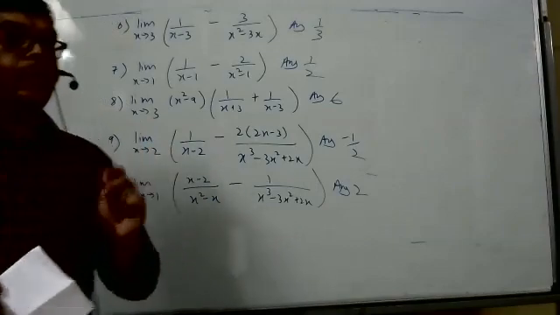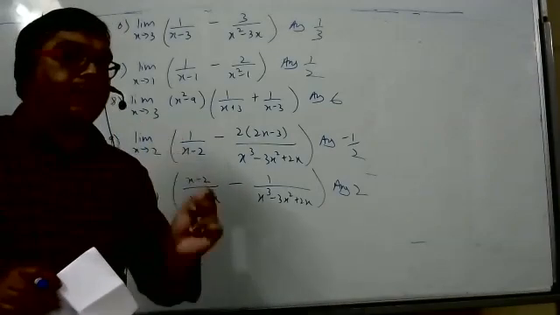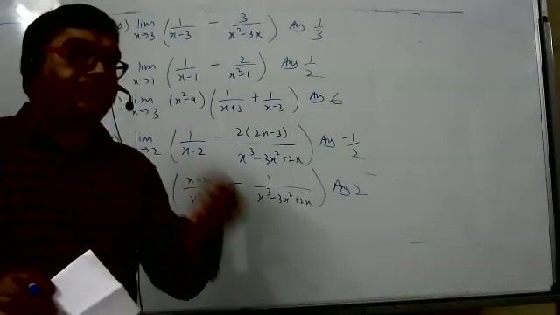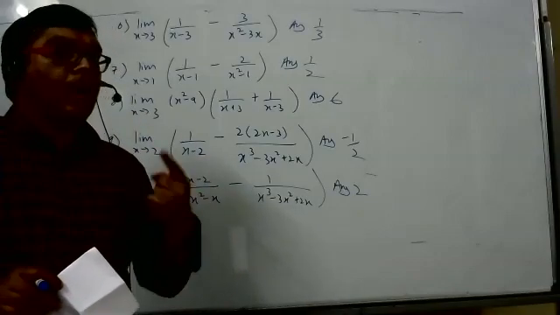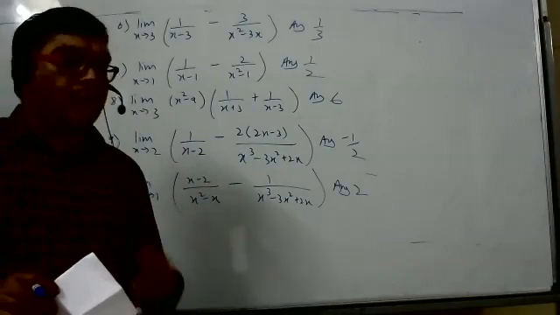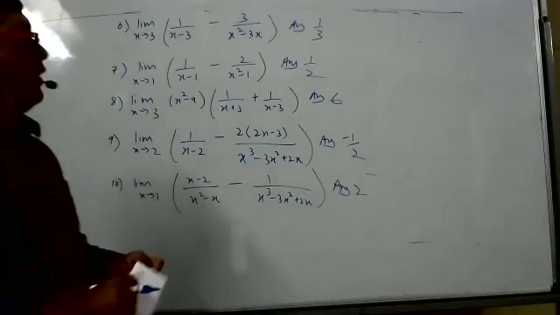Now what I was saying, all these sums are of the form infinity minus infinity. I'll teach slowly now. Whenever we have infinity minus infinity form, first check the form. Then you have to change that form into 0 by 0 or infinity by infinity. Then you have to proceed. How to change? That is also very simple.